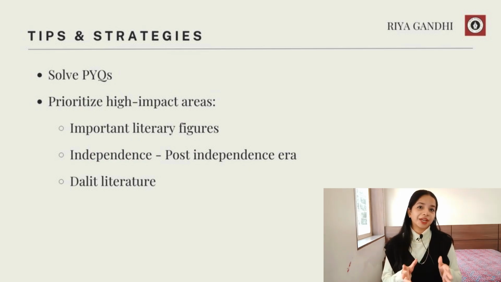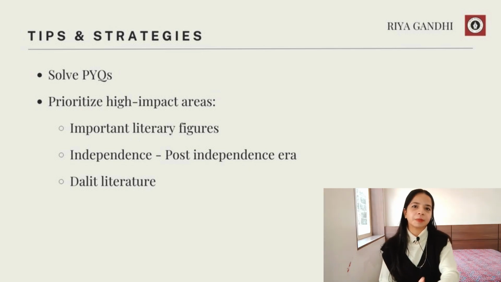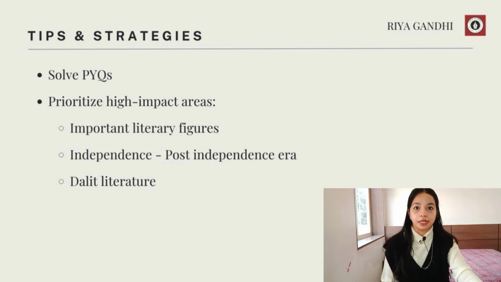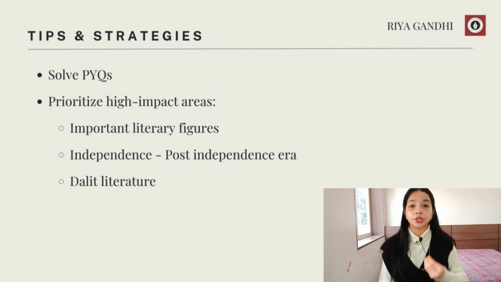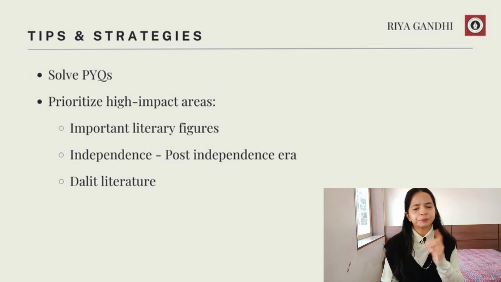So, what's the best way to deal with Indian English literature for your UGC NET English exam? First, solve PYQs. When you solve PYQs, you will realize the pattern and you will realize the frequently asked questions related to authors, important works, right? So, since I solved the PYQs and studied the previous year question papers, I realized that the Autobiography of an Unknown Indian is a very frequently asked work, right? So, prioritize that. Once you understand the frequently asked authors, writers' works and find out your pattern, you're going to prioritize those high impact areas.